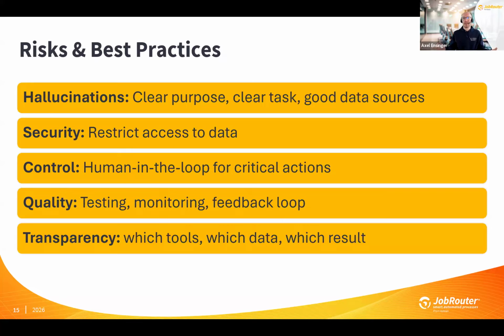And last but not least, something that you all need and want to have in your job order processes is the transparency and the documentation of what has been done. So that means not only the steps that maybe are human steps in your order and the system activities, also if there is an agent somewhere in your business process, you really want to know what did this agent do at this point, which data did he see and which data did he manipulate, for example, and which actions did this agent take. These are all things that we considered and thought about, and this is the base of the AI functionalities that we have built for JobRouter and now are integrating in the JobRouter platform.